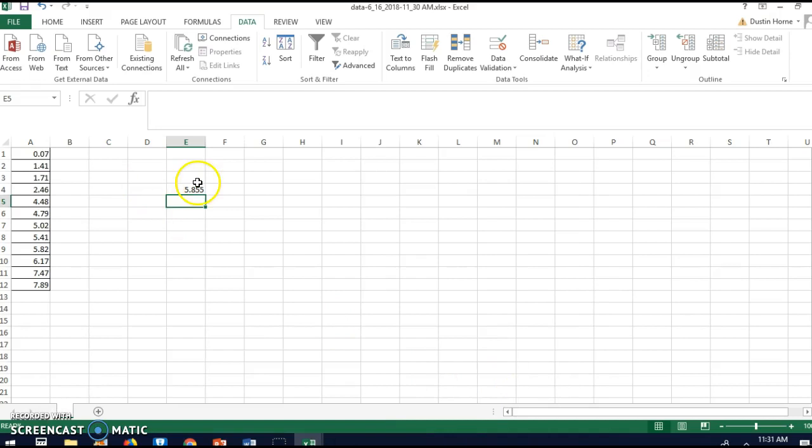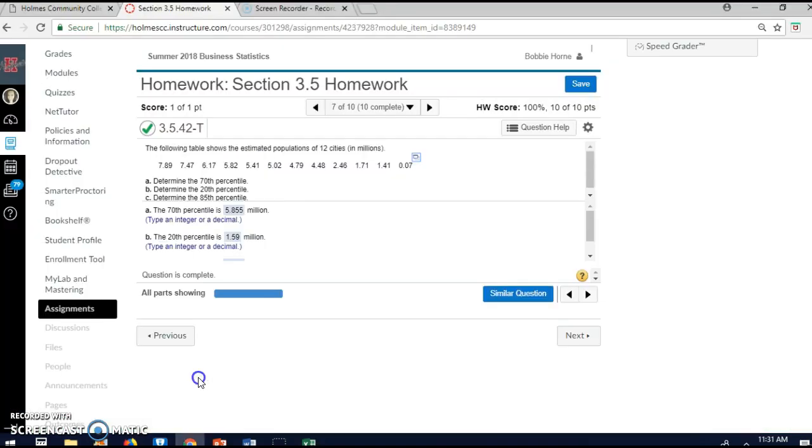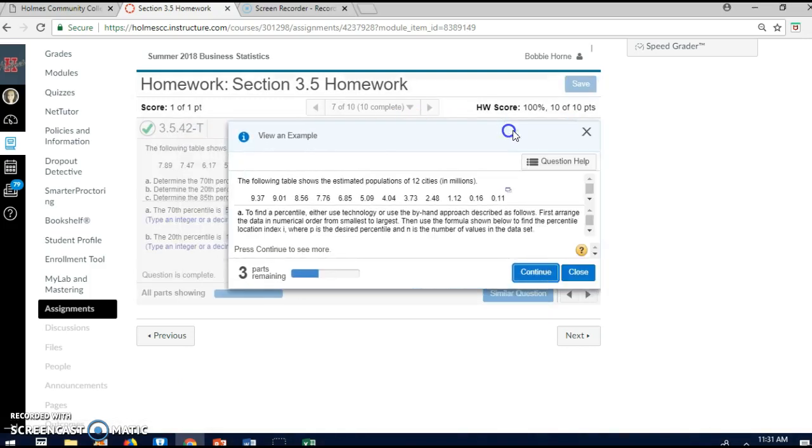So you need to make sure that you use the right formula, percentile.exe, and then you would highlight this, and then you would do the 0.70, and that is how you would get it. Now, if we wanted to do this by hand,